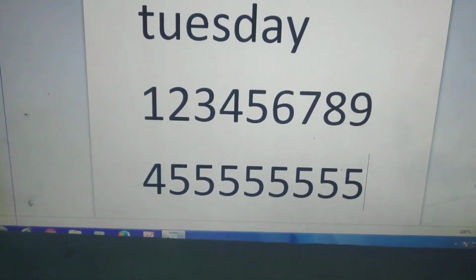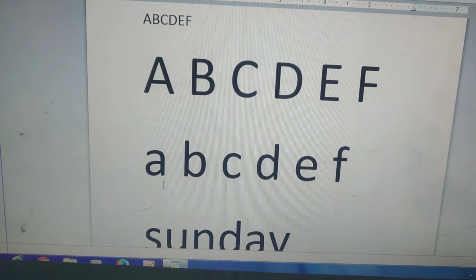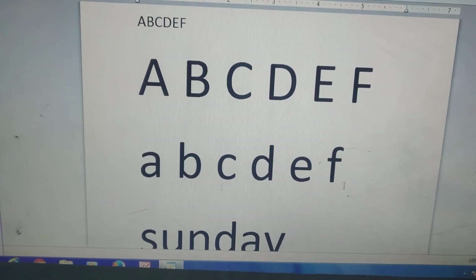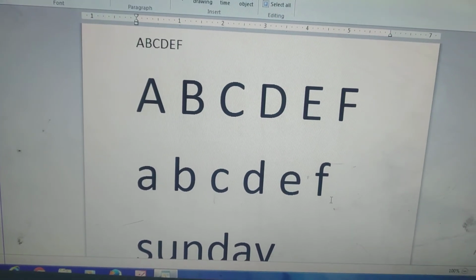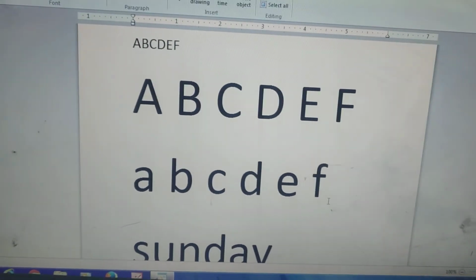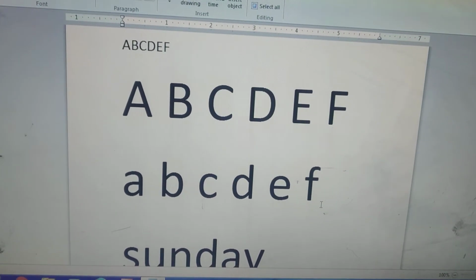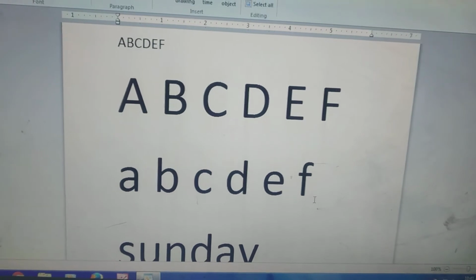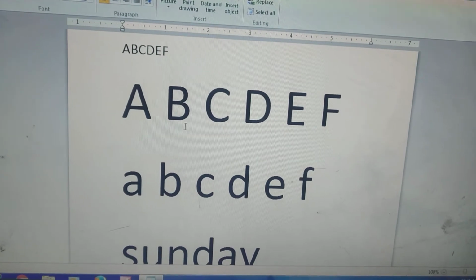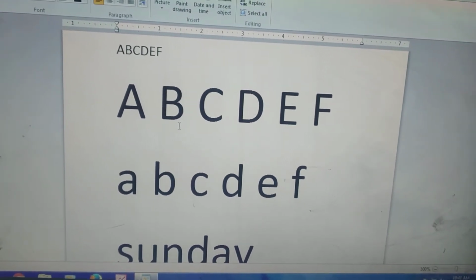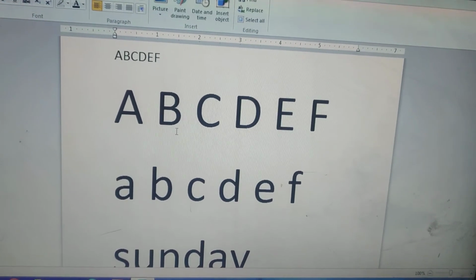Okay, now see students, today what you have to do. In the last session you typed A to Z, ABCD. Okay, now with the help of the space bar, you have to type these alphabets: A, space, B, space, C, space, D, like this. In each letter you have to give space. Now this is about the caps lock key. First, start your caps lock key and type all letters in capital. Then switch off your caps lock key and then type all letters in small.